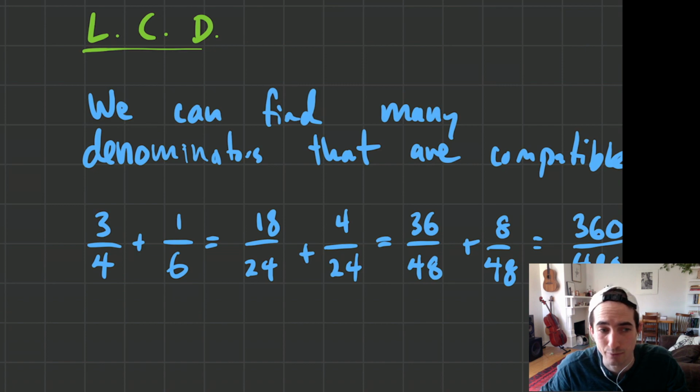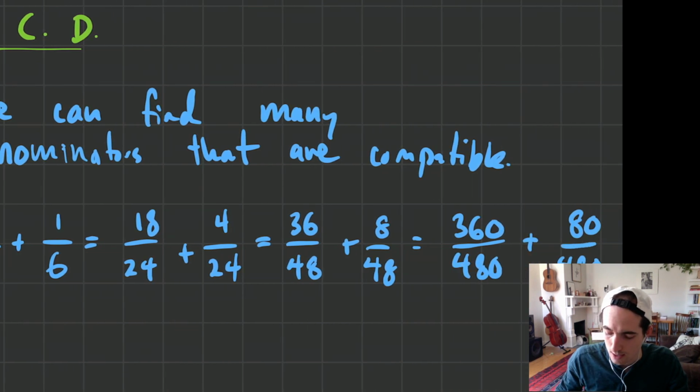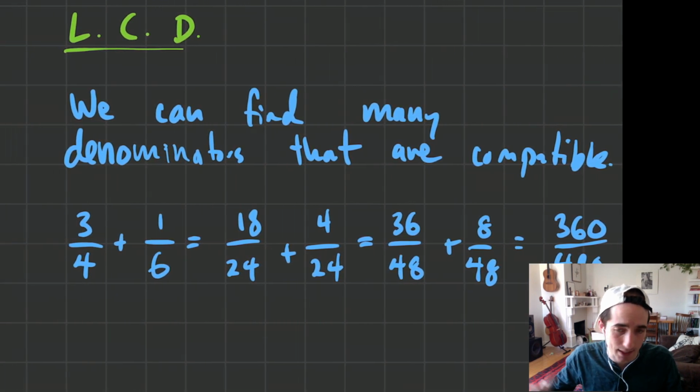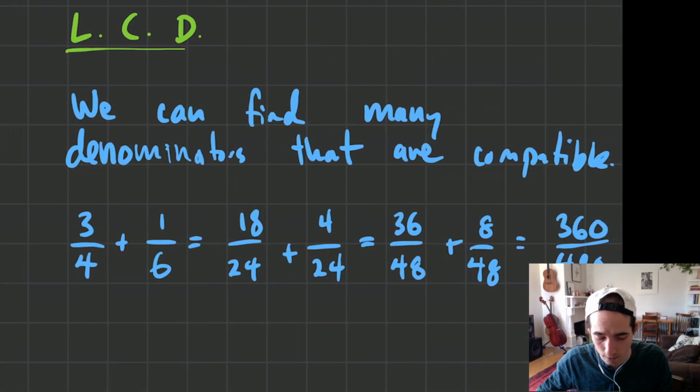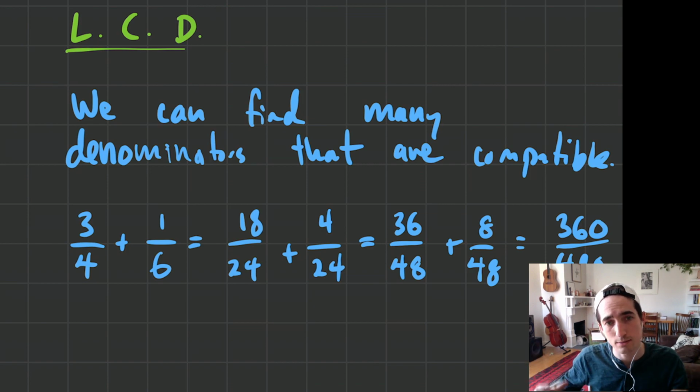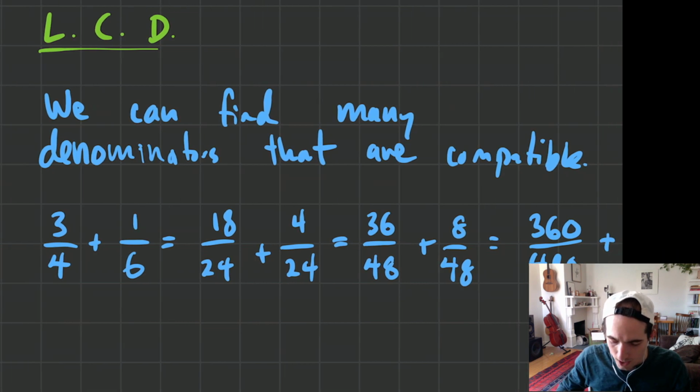You were adding like 3 plus 4, right? So when we're working with any types of numbers, and this isn't just in high school, this is everywhere, like in computer science, where you're dealing with high-end algorithms and everything, everybody wants small numbers to work with. Nobody likes working with big numbers. So we have this notion of finding the least common denominator, and the least common denominator is the smallest denominator